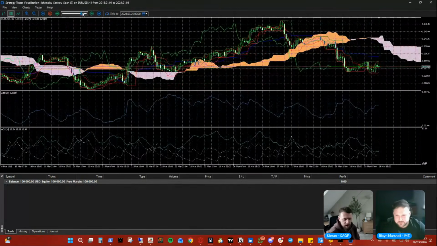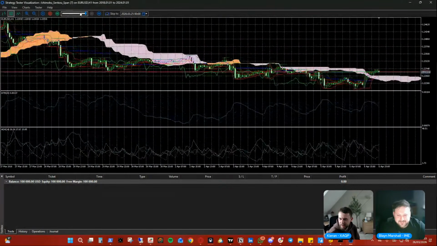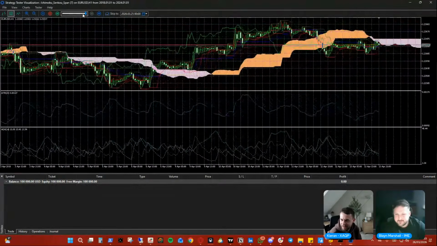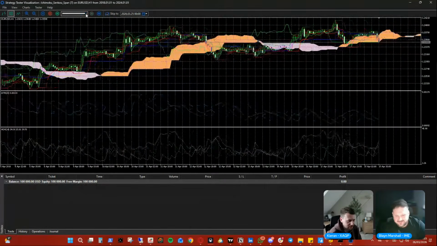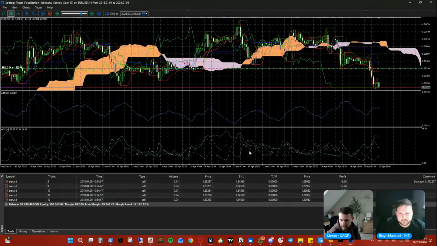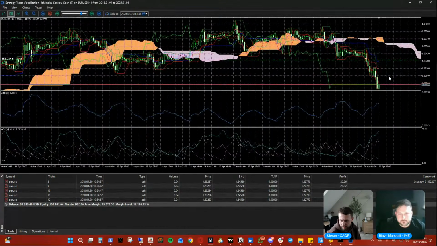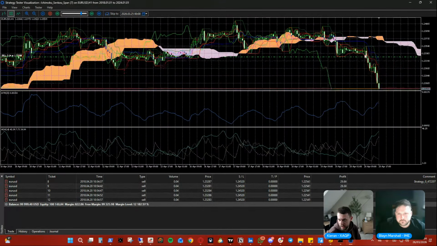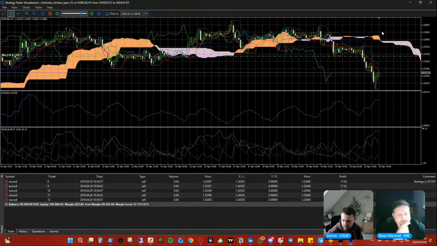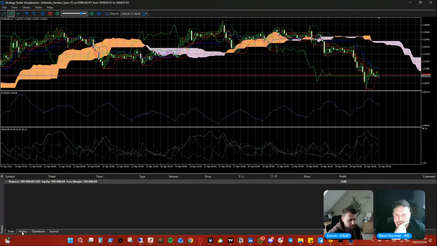I just want it to enter a trade so I can show it splitting the orders. It doesn't look like it wants to. It keeps setting pending orders and then removing them. Yeah, sometimes it does. To be fair though, there we go. So you can see there's multiple positions here. There's not much delay on them in terms of price moving too fast. The worry I had was, if I'm delaying the entry, is it going to affect me? I haven't seen an issue yet.